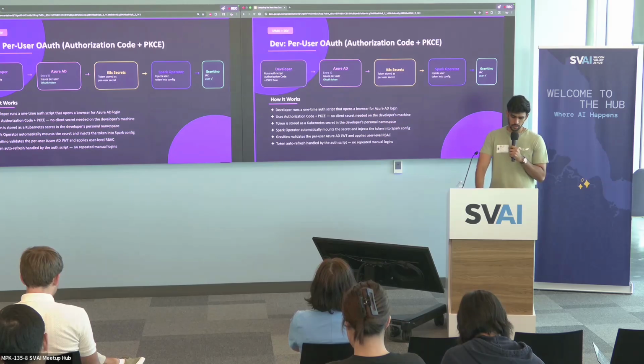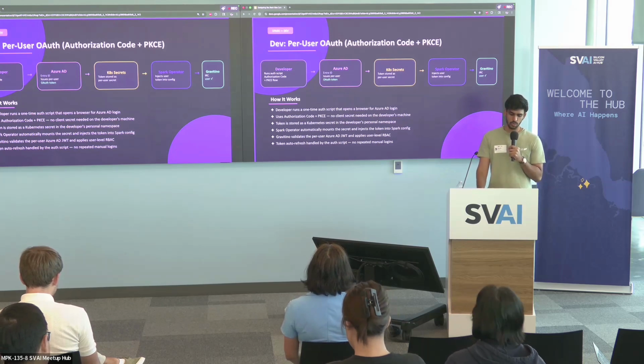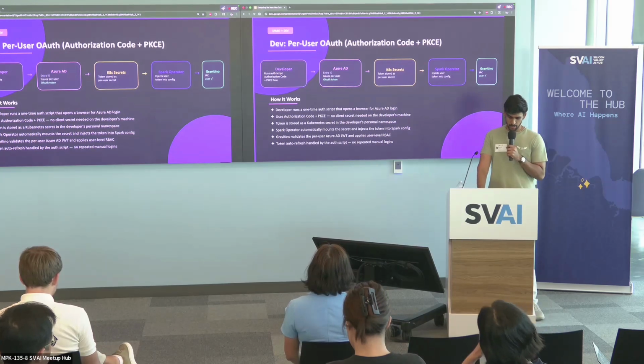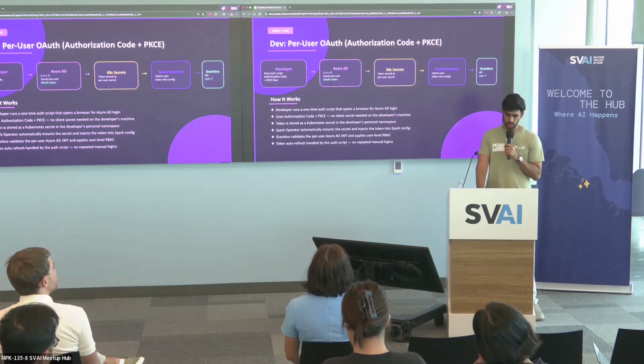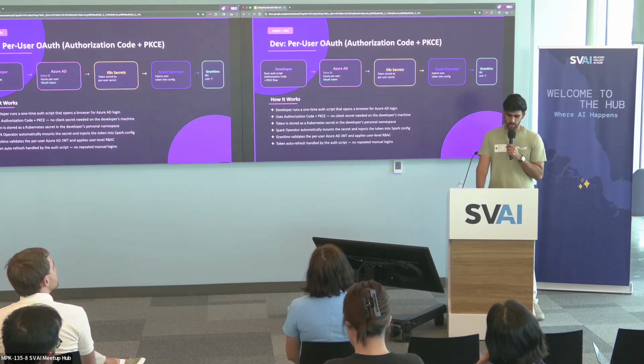Once the user logs in, the identity provider returns a token, typically an access token and a refresh token. So access token is a short-lived token, typically for an hour or so, and you can use the refresh token to generate a new access token, right? That's how typically all the OAuth flows work. And in our case, once we get these tokens, we store it in the Kubernetes secrets, and then the jobs use our Spark operator. So before running the job, we extract the tokens from the secret and generate a new access token and put it in the